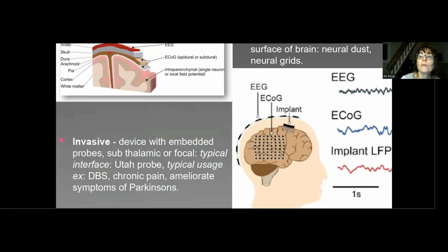So semi-invasive means it's placed on the surface of the brain, right? And it has names like neural dust or neural grids. And here's a picture of semi-invasive. Of course, you have to imagine that surgery's been done: the skin's been opened, the skull has been removed with a drill. The dura underneath it protects your brain and has 3 layers, which you can see in this picture. The dura is brown, and then there's an arachnoid covering, and pia mater, I believe, is the full name, and those